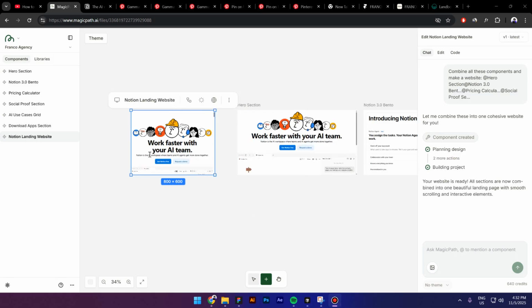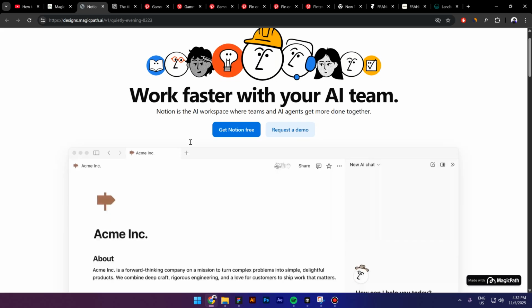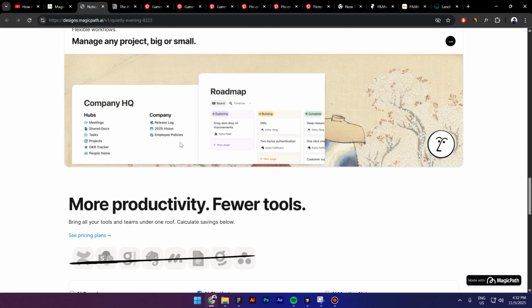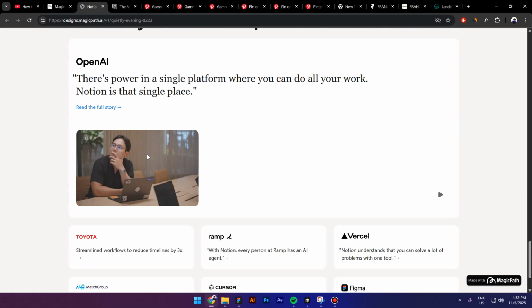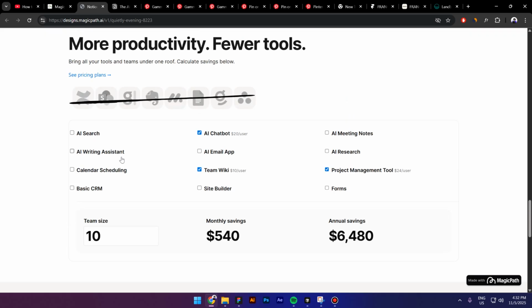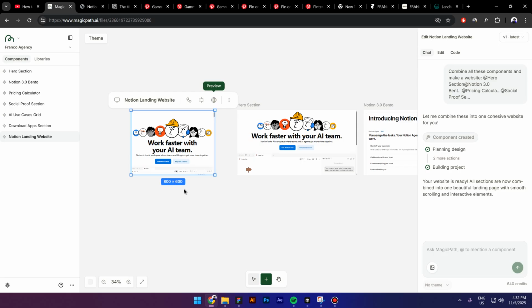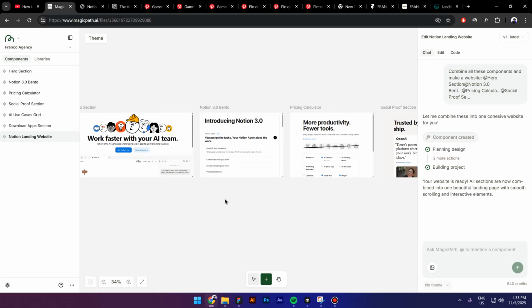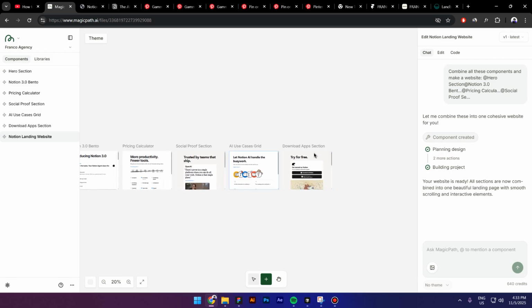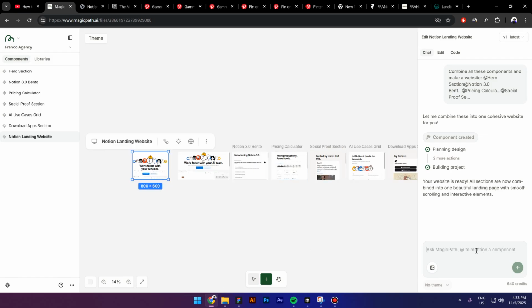Okay, cool, so the website is finished. I'm gonna open it in a new tab to take a look. So far this looks like the Notion website. Now of course there is some sections missing because we couldn't add them, so I'm gonna try to add these 2 sections right here. So I'm gonna select the component and then again add these 2 sections to the bottom,